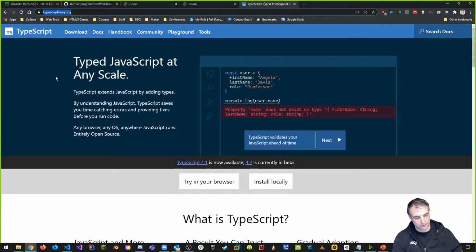And before ECMAScript 6, before ECMAScript 2015, and even after ECMAScript 2015 was introduced, it took a while for JavaScript to catch up with some of the features that were introduced with TypeScript. Let me show you what I mean by that. Let's go to the playground for a second. So if you click on playground on the link here,